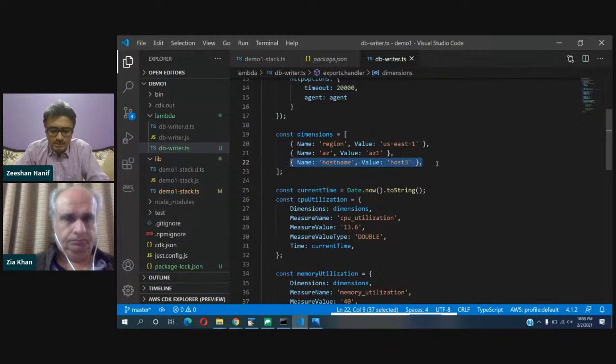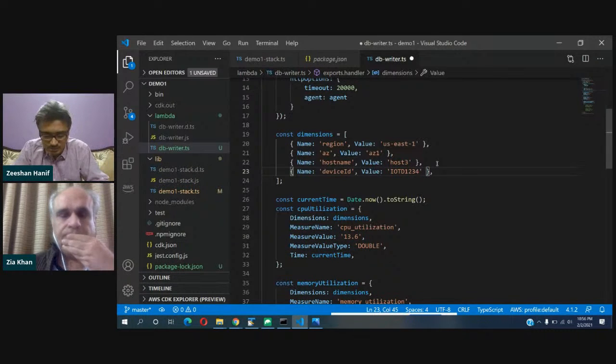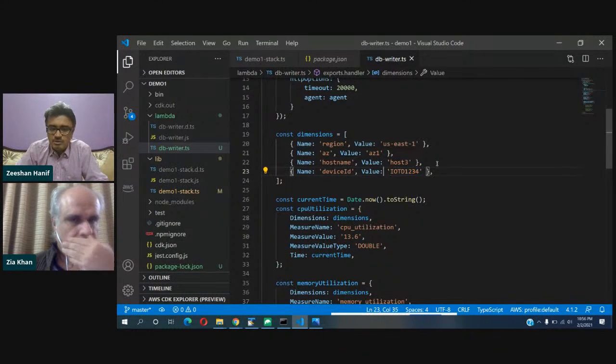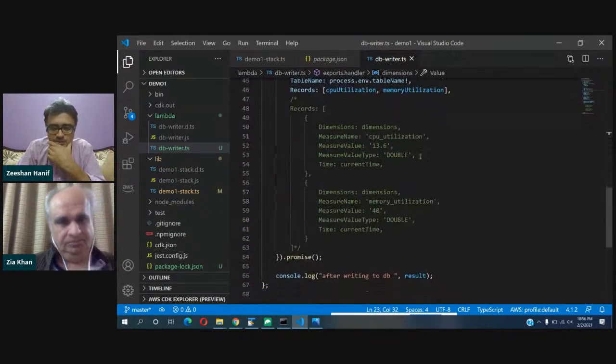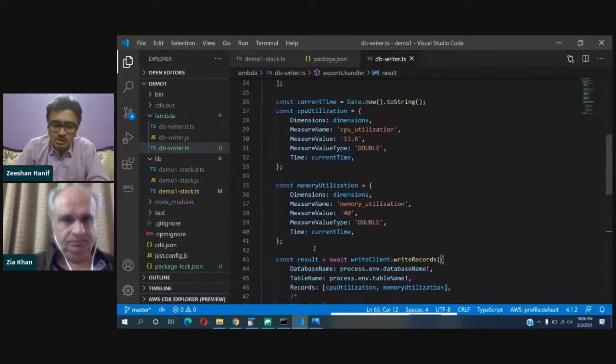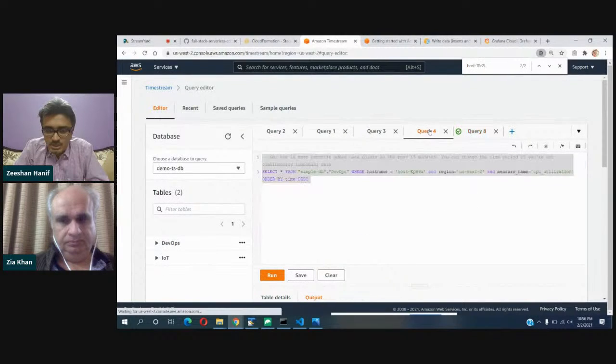Let's say I wanted to add device ID, for example, just for the example. So I can say IoT D1, 2, 3, 4, anything. That's something your device ID is coming from, and this is your dimension. Then what you need is basically an array of records. At a particular time, you can add multiple records. As you can see in a simple query,